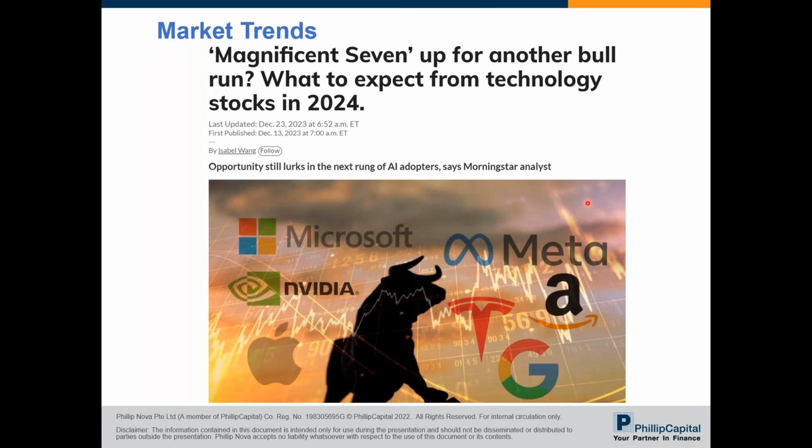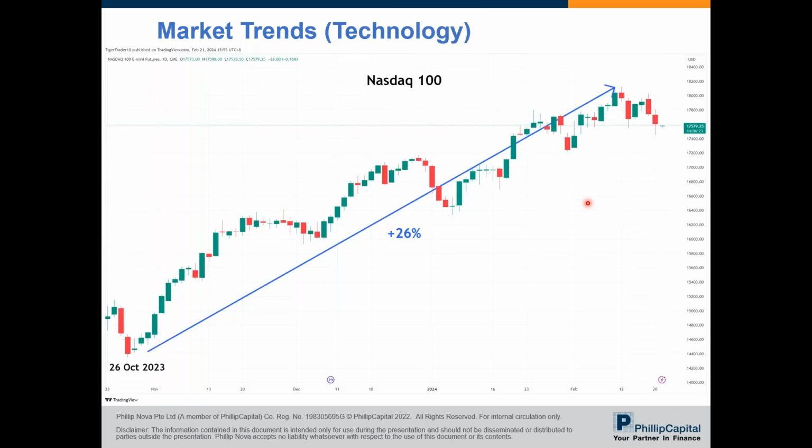This piece of news talks about the Magnificent Seven, which are the US blue chip tech firms like Apple, Microsoft, Nvidia, Tesla, and so on. Right, it's up for another bull run. So, like the title of the article says, what to expect from tech stocks in 2024. Since last year October, the Nasdaq has been up about 26% until January of